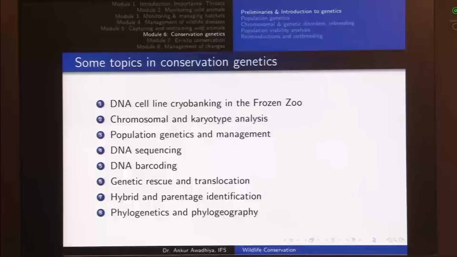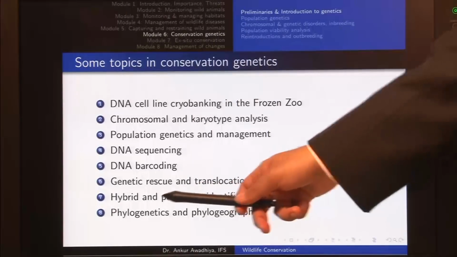We have identified certain regions in the chromosome that are different between different species, and just by reading that small portion, we will be able to tell what species it is. Just like a barcode is used in different products in a supermarket, just by reading the barcode you can tell what the product is. Similarly, in DNA barcoding, just by reading a small portion of the DNA, we can tell what species it is. Or if we want to go into even greater detail, we can even say which population this individual belongs to, and so on.